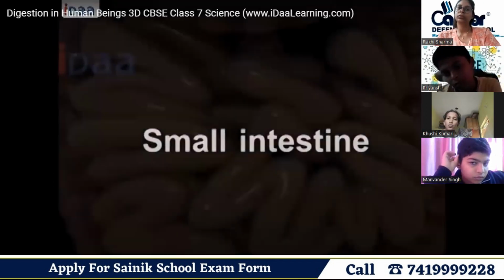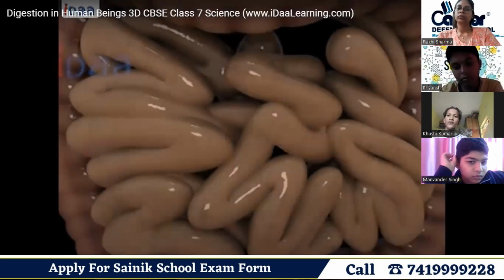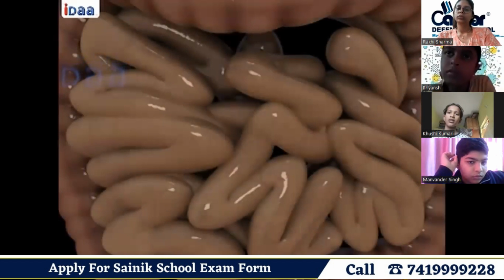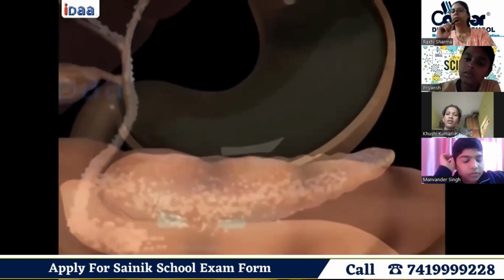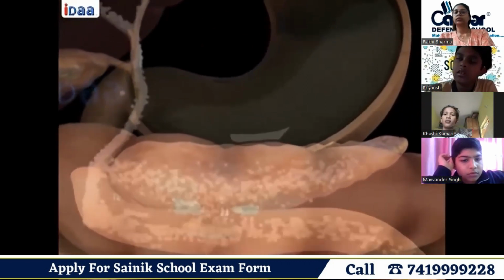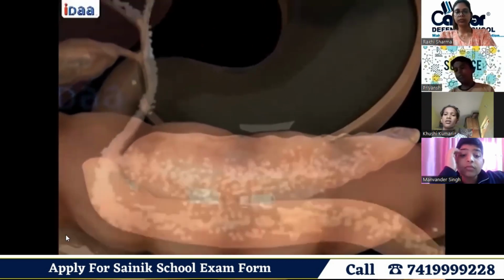Small intestine. The small intestine is a highly coiled structure and is about 7.5 meters long. As soon as the small intestine receives food from the stomach, the digestive juices from the liver and pancreas